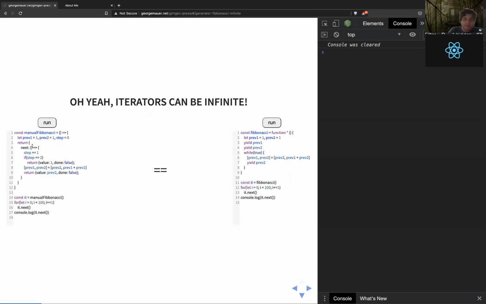For example, you can see right here on the left-hand side, I wrote my manual Fibonacci. It's the same thing as before. I just don't have that if statement at the beginning, which stops it after the first 100. Instead, I rely on people calling it correctly, and they're going to iterate it 100 times. When I do that, great, it's going to give us the 101st value.